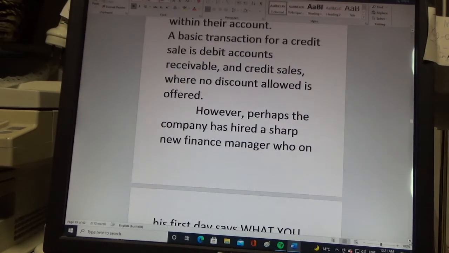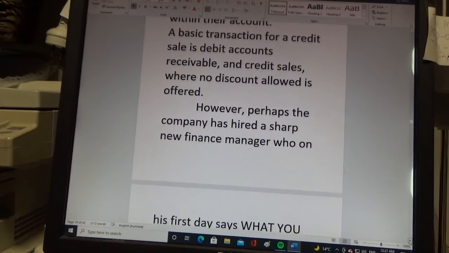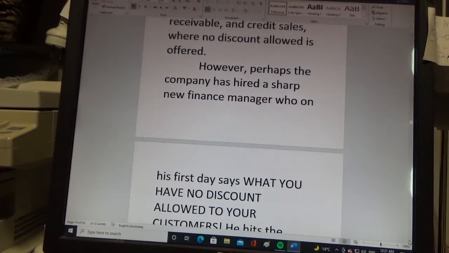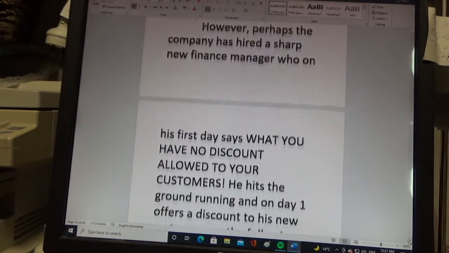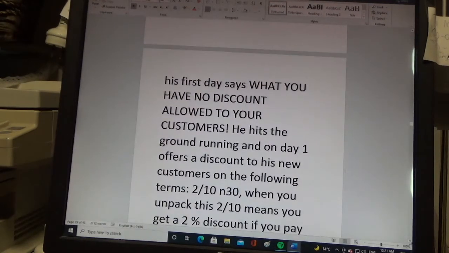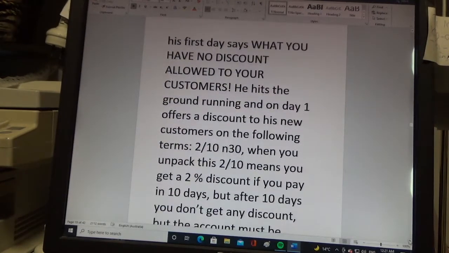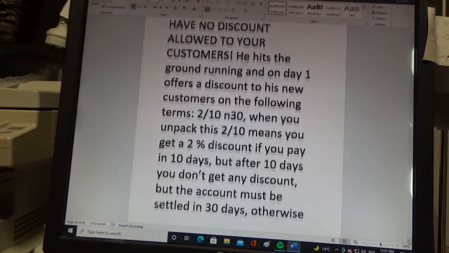That's when no discount allowed is offered. However, perhaps the company has hired a sharp new finance manager who on his first day says, "What? You have no discount allowed to your customers?" He hits the ground running and on day one offers a discount to his new customers on the following terms: